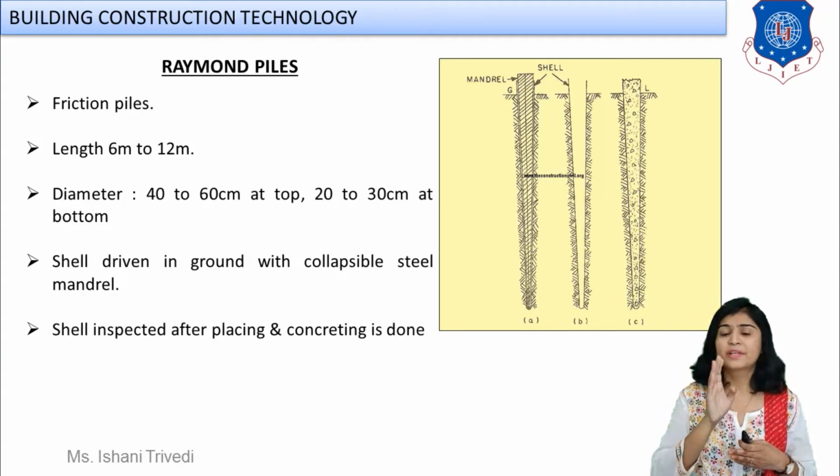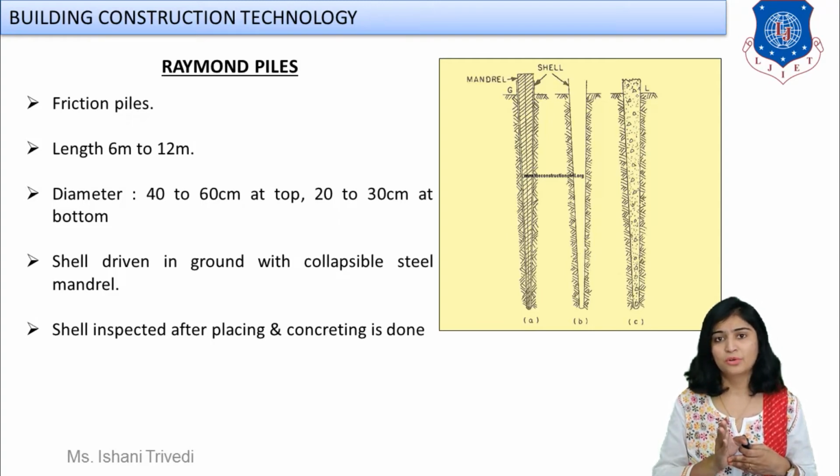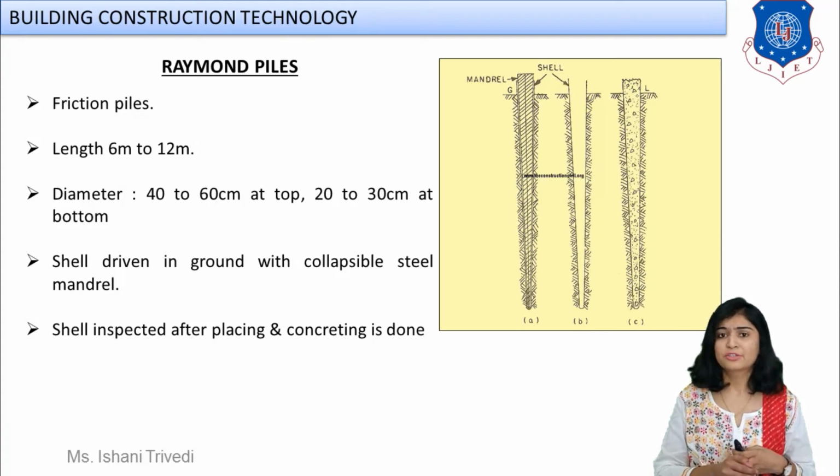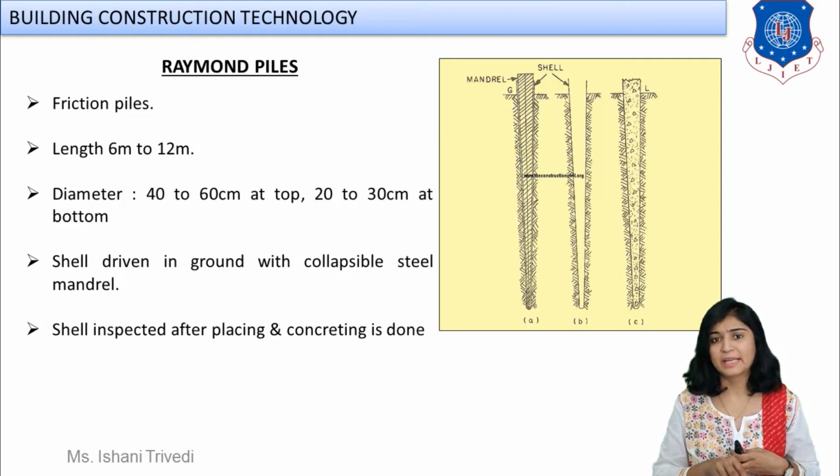What can you see? That the casing is inserted in the proper alignment in the borehole. In the next stage, you can see that your concreting work is done. Okay, so now what is the difference over here? In the Raymond piles, we can see that the top diameter is more, and as you go downwards, the diameter is gradually decreasing. Right, so it will have its specific dimensions. This type of pile member is known as Raymond pile.